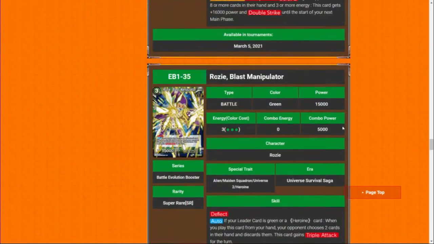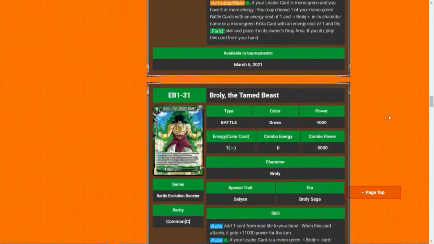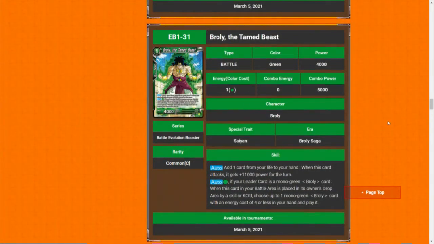All right, so we're going to scroll back up right here, and we're going to go over just a few more cards really quickly. We're just going to go over the Broly stuff and then some of the older Broly stuff that you can use, the OG Broly, hand destruction Broly that you can use in order to make this deck a little bit